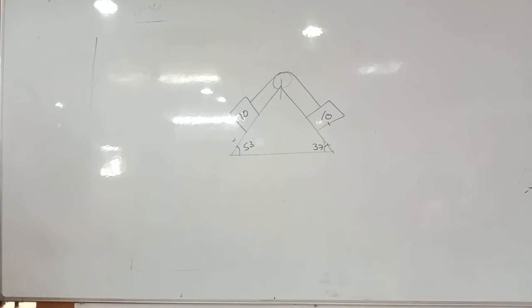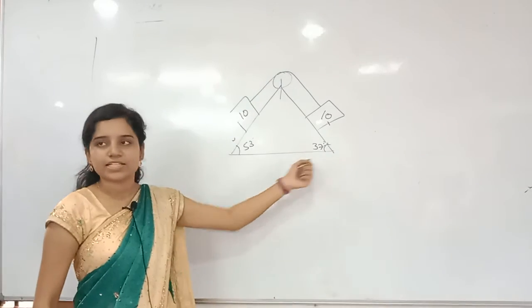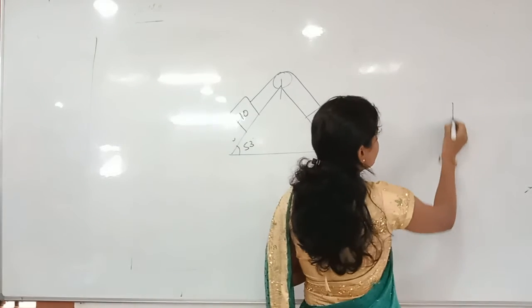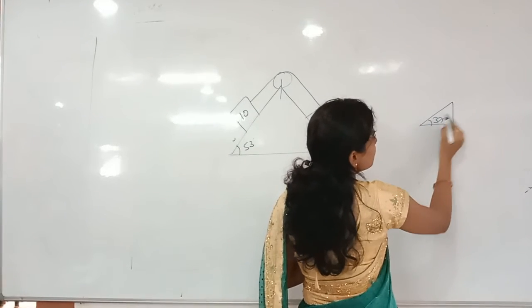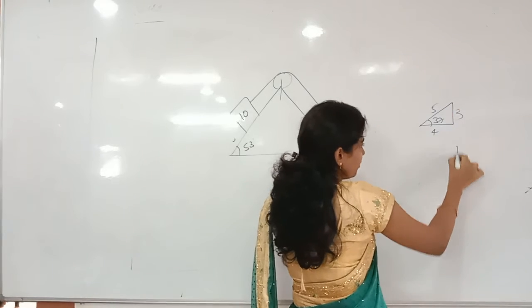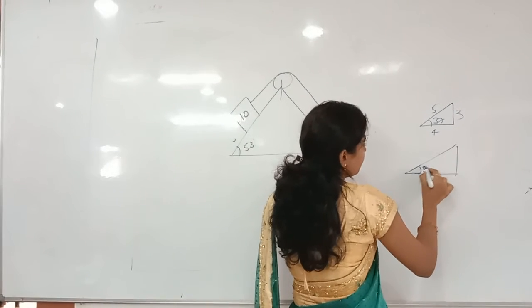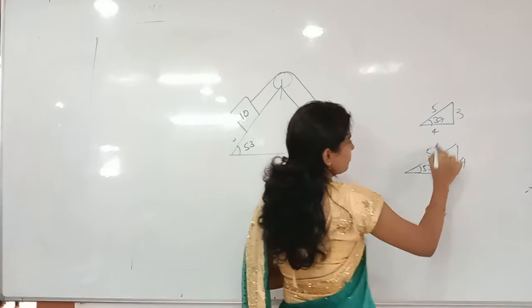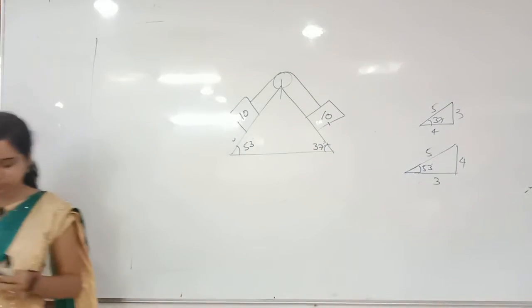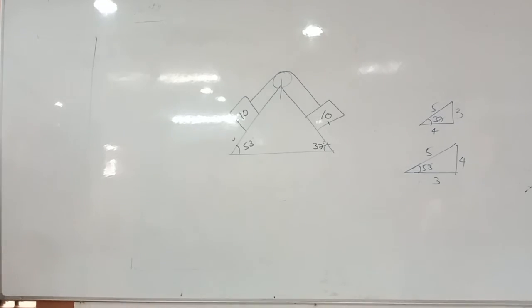See that first of all, the system, the masses will move or not move? Not move. Clear? What is the angle between them? Different angles are there, no? If the same angle is there, they will not move. So the angle is different here, 53 degrees and then 37 degrees. What are the triangles of 37? 37 is 3, 4, 5. Whoever came newly, note this. 53 triangle is nothing but 4, 3, 5. Find out the acceleration and then tension. System will move, of course.